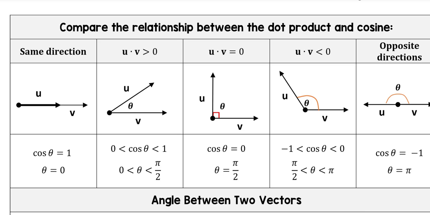If the product of u dot v is less than 0, then we're looking at an obtuse angle. That means the angle is somewhere in the second quadrant, and the cosine is somewhere between -1 and 0. And finally, if they're in opposite directions, the cosine will be -1, and that means that the angle is at